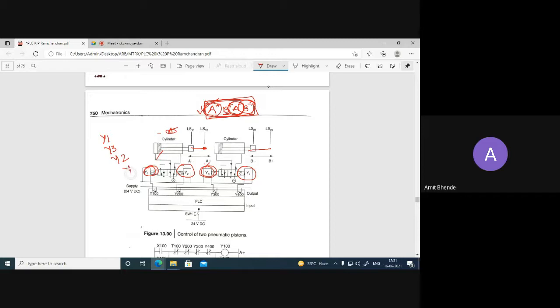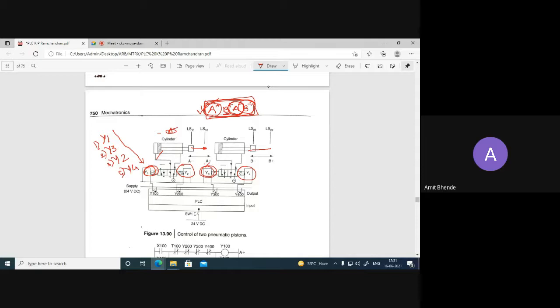So the last operation is Y4. So this is the first operation, second, third, and fourth operation. Okay? 1, 2, 3, 4. This is the sequence: Y1, Y3, Y2, Y4. This is the sequence in which we require the operation.